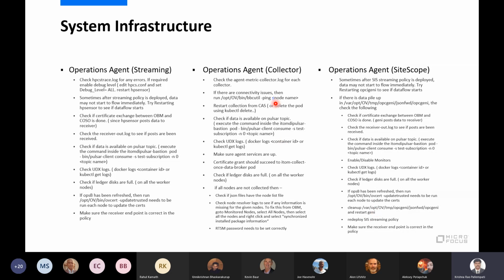I think that's all from my side. Any questions? I will hand this over, and then I'll give you the proper links to other troubleshooting steps which we have documented in our doc portal. That will give you more information. I just mentioned only one or two flows here, but there are quite a few troubleshooting steps in our doc portal.